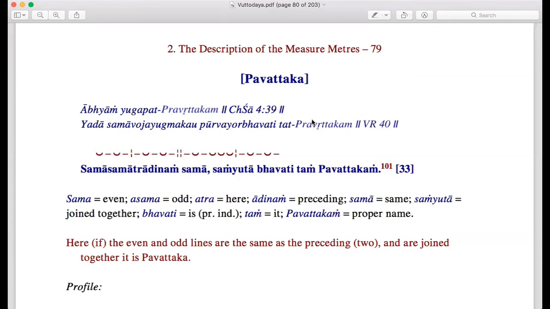Okay. But Bante, how about we take the sama and the asama as a samahara dvanda? Sama as the samahara dvanda, then it will be like samaṁ, right? Yes, because it's in the neuter gender. Then we suggest that samaṁ and adīnaṁ are in the same gender and same case, accusative case, right?